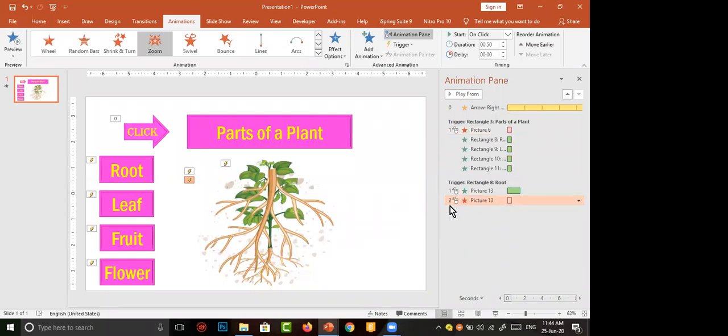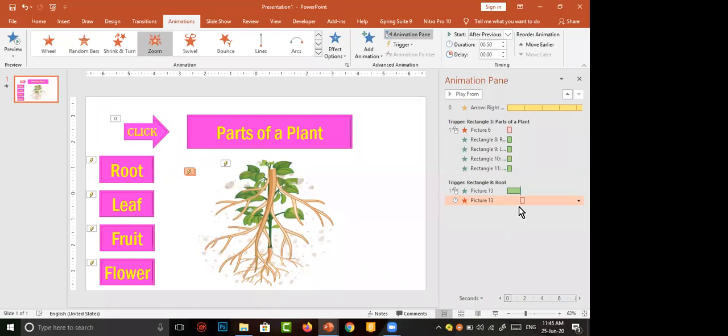So here 2 is there. 2 means after a second click, this animation happens. But when should it happen? After the previous one. After the appearance of the root, the root should disappear. So I have to go here. I select Start After Previous. Just look here. When this animation is completed, automatically another animation starts. That means both are in the same line. But what I want is for this to be present for a few seconds.